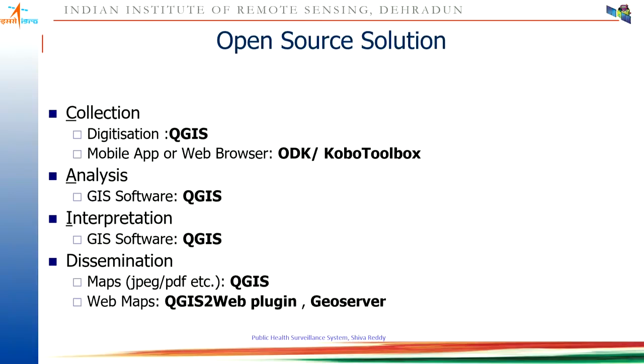And here we are talking about near real-time analysis, where we want to have everything automatic. But that is not possible, because if you see open source systems for mobile data collection, you are using different technologies like ODK, Kobo Toolbox. Analysis and interpretation we are doing in GIS. So due to the heterogeneity of the systems, there is a break. So it is hard to find one person knowing everything. A GIS user may not be aware of ODK. An ODK user may not be aware of GIS.